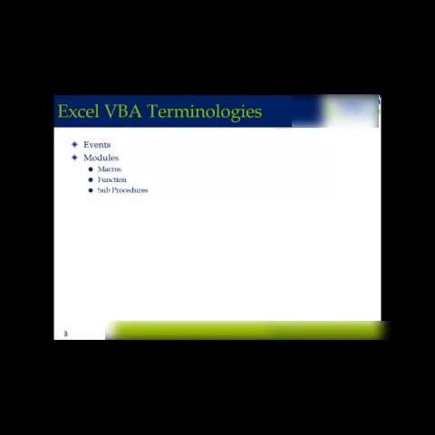Functions: just like the built-in functions, we can create our own user-defined functions. And the third option is sub-procedures, code which is used only for the purpose of the VBA editor. This is not going to be exposed to the end user through the Excel interface.